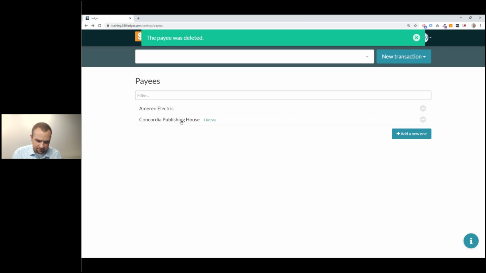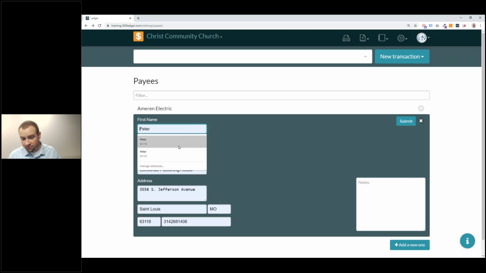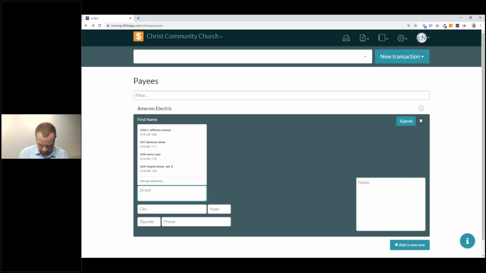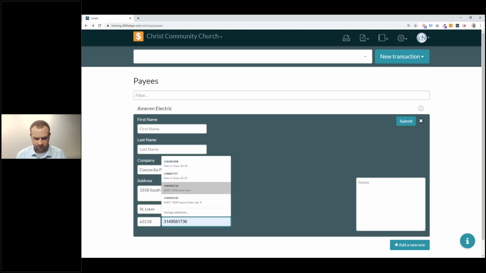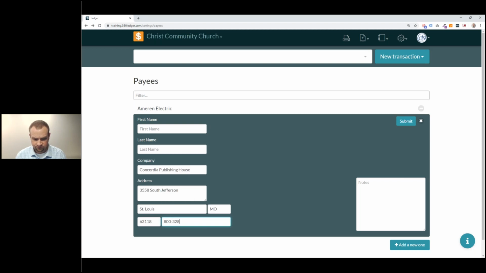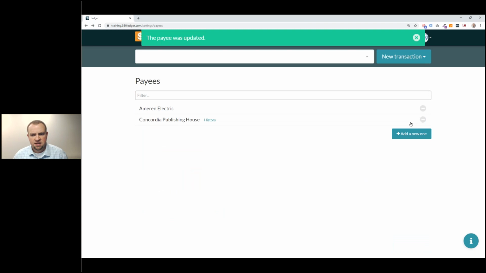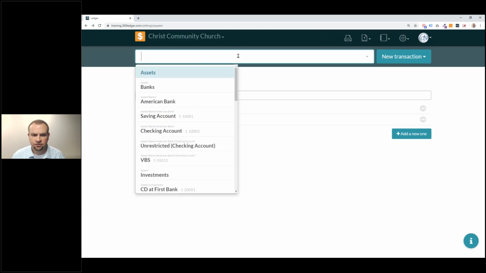Let's go edit a payee. If I go to Concordia Publishing House, I don't have a first or last name, so I leave it blank. I type in our address. And then any additional notes. Terms are 30 days. And click submit. Now I have more details on that payee that I can reference later on, but also,